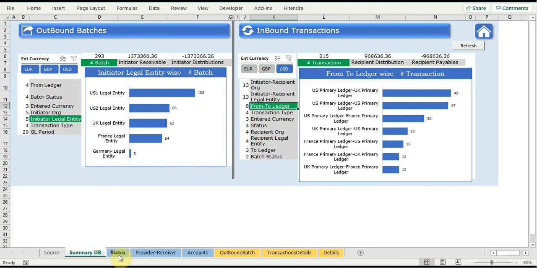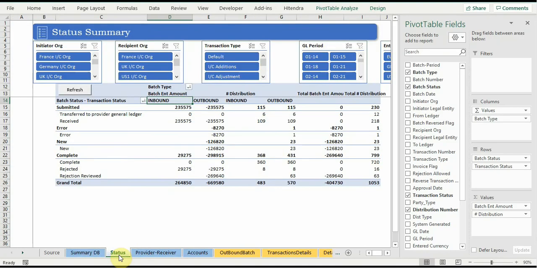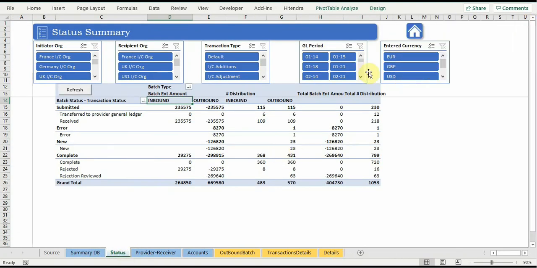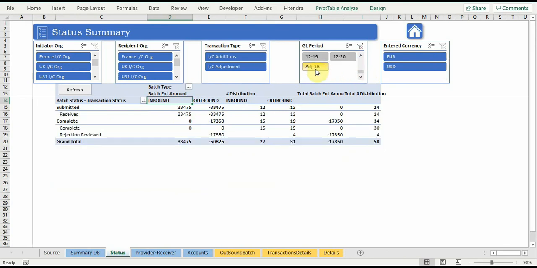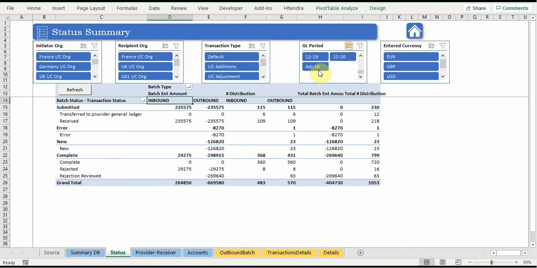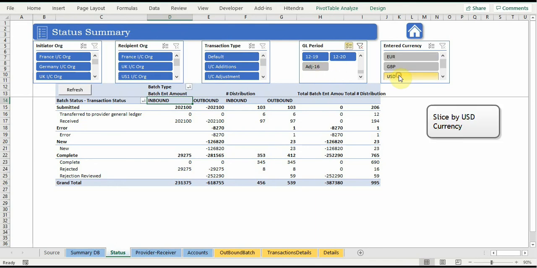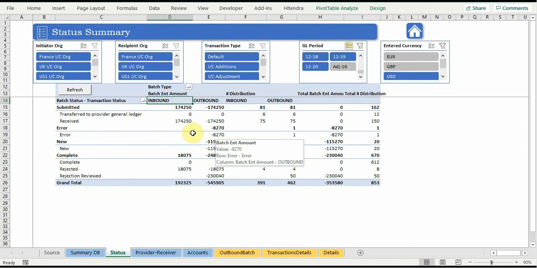Moving to the next sheet, we discuss the status. Here in the status, I can see one adjusting period is there, so I need to eliminate that. If I click on this, it is going to select only the adjusting period. I need to enable multi-select and then untick this one particular period, or press control and click, then only this particular period will be unselected, say USD.